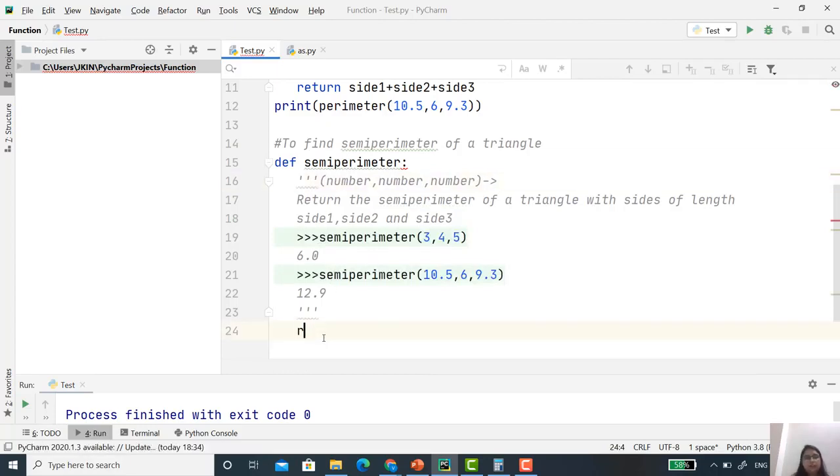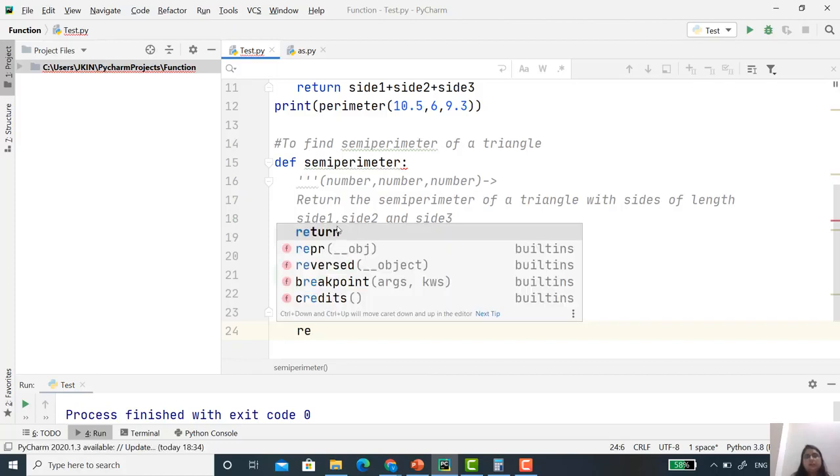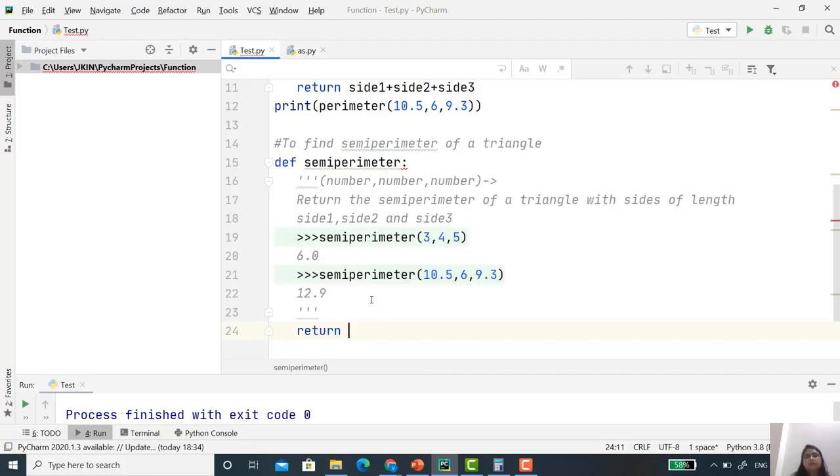And then you just mention the return. And then I'll call the function perimeter. In perimeter, what kind of value do I have to pass? That is side 1, side 2 and side 3. And then I have to divide this by 2.